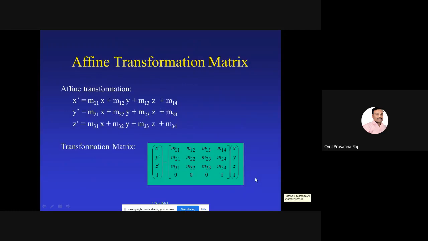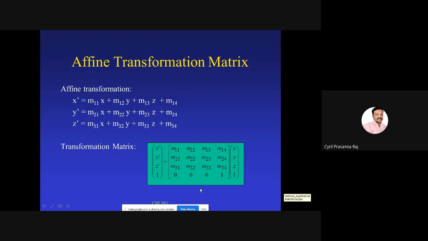So combining all of them together, we now define affine transformation, which is denoted as this matrix. X, Y, Z is your input pixels, and M11, M12, M13, M14, all of these correspond to either scaling, translation, or rotation. So this concept of performing either scaling of a given input, translating the input image, or rotating an input image is actually performed using a concept called affine transform. So this is what we call an affine transform.